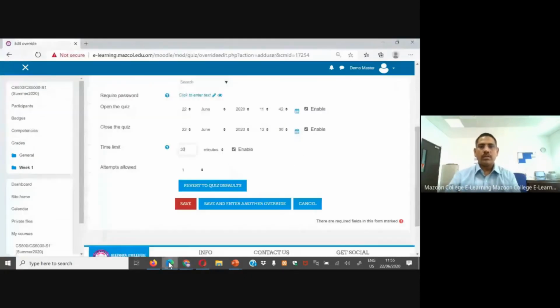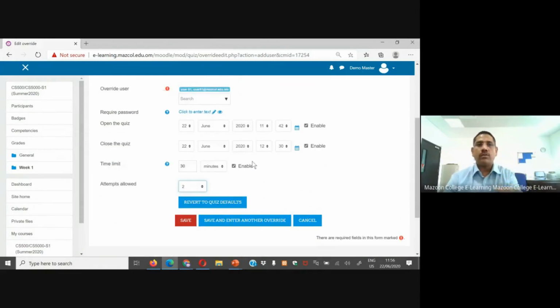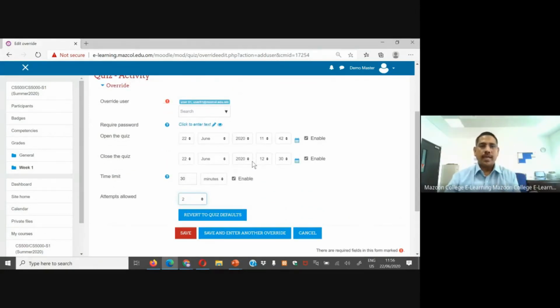Go to the teacher account and change the time. Don't forget, we need to change the time limit, and how much you are going to give. Here you need to specify attempts allowed, because the original setting allows one attempt. But now for this student only, we allow a second attempt. Just save it.